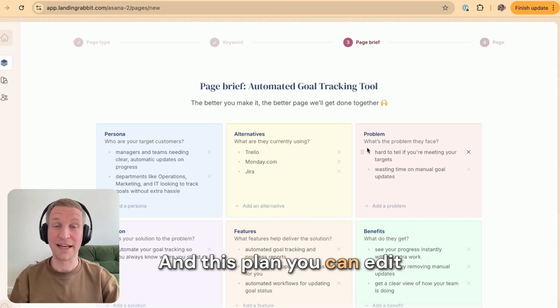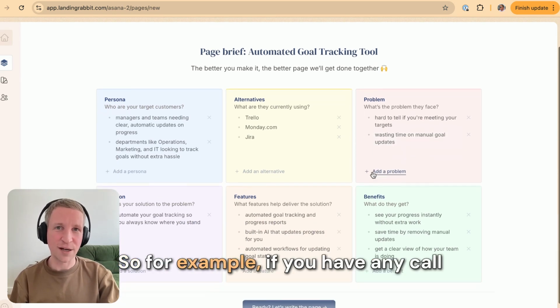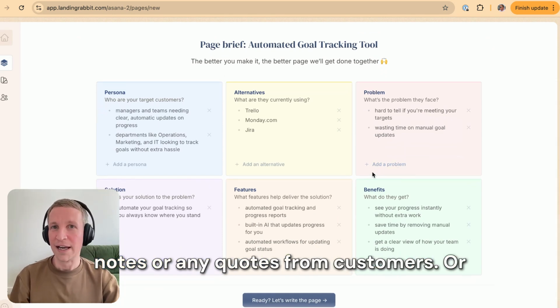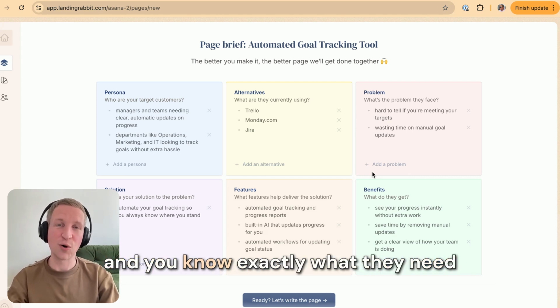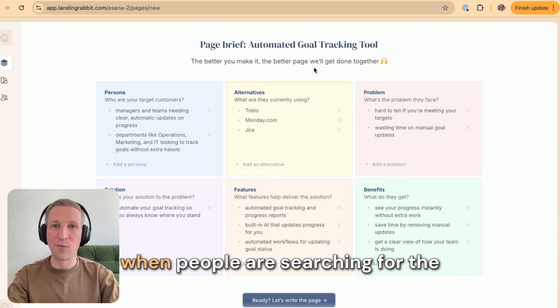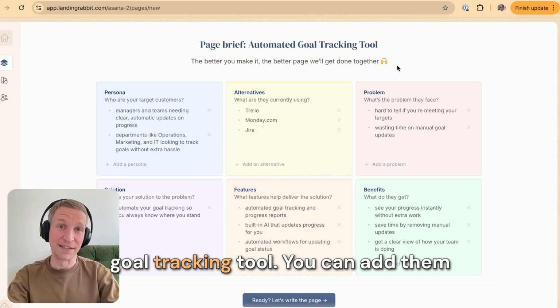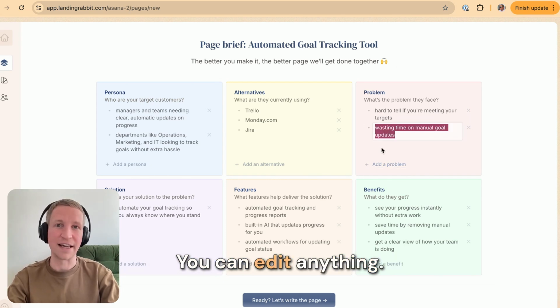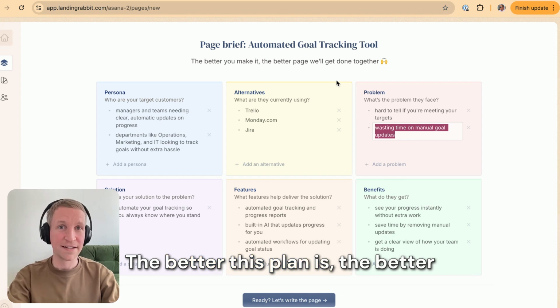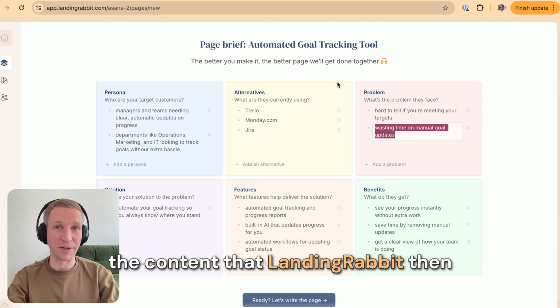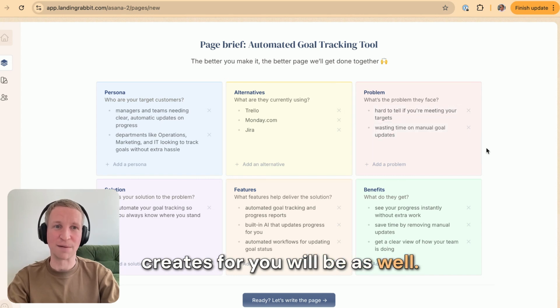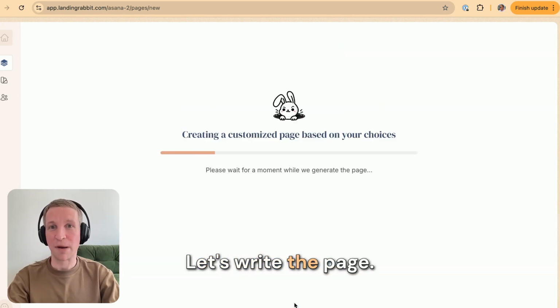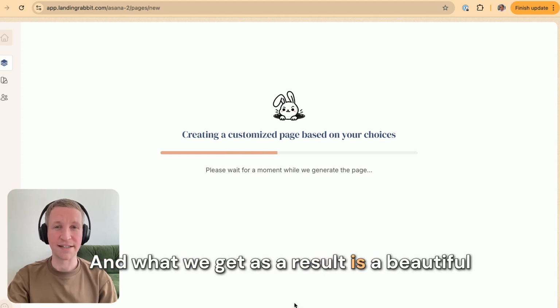And this plan you can edit and add your insights. So, for example, if you have any call notes or any quotes from customers, or you've been discussing with customers and you know exactly what they need when people are searching for the call tracking tool, you can add them all here. You can either remove any of these or you can add more things. You can edit anything. The better this plan is, the better the content that LandingRabbit then creates for you will be as well. I'll hit ready, let's write the page,